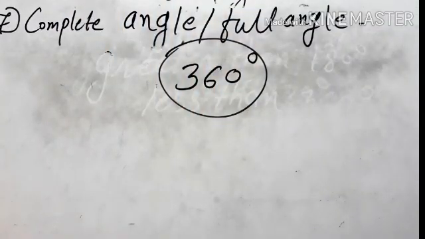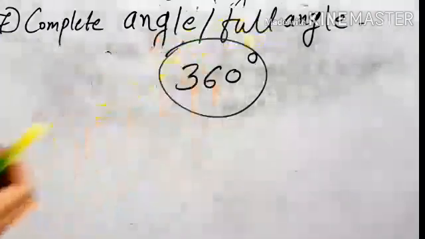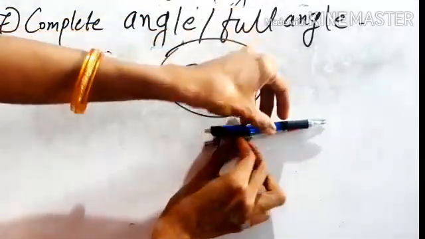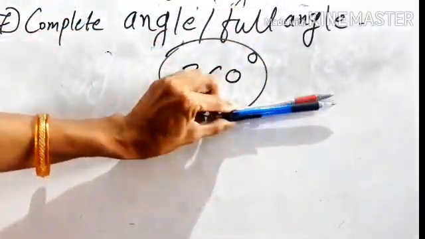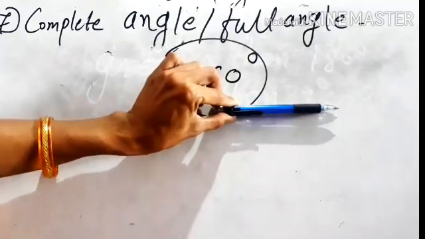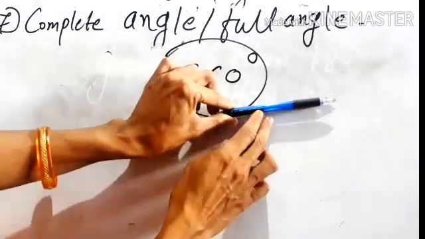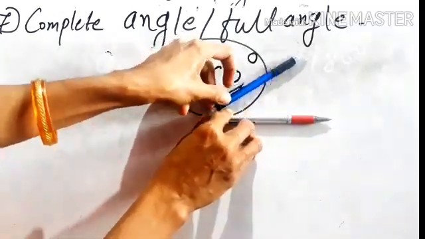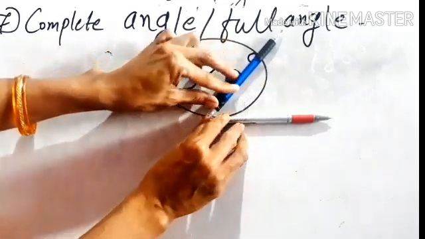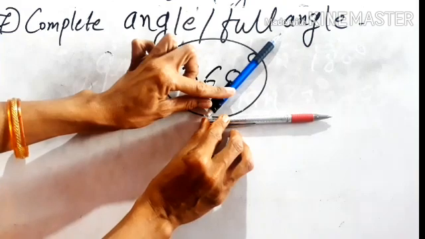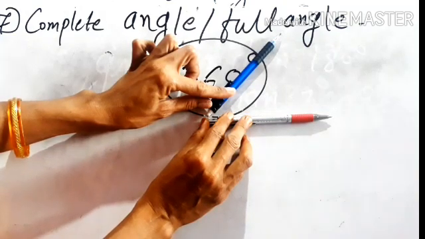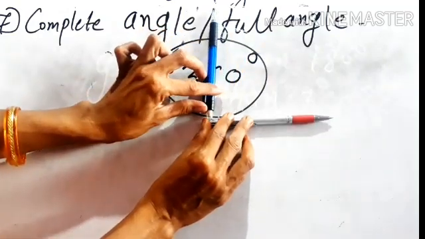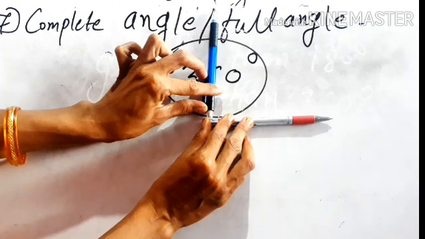So these are all the types for you to study. Now again I will explain with the help of these pencils. See here students, this is a zero angle. When there is no angle in between, that means this is a zero angle. Now if I rotate this towards this direction, this is an acute angle, which is greater than 0 degree but less than 90 degree. Then if I take it this way straight, this is a right angle. The measure of the right angle is 90 degree.